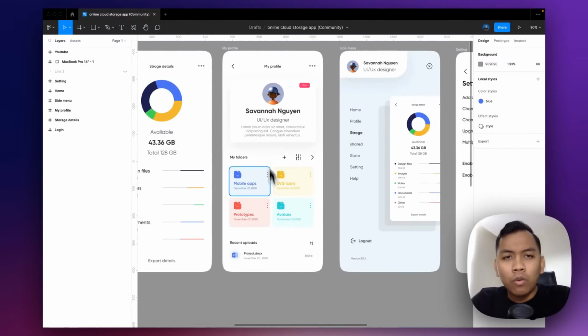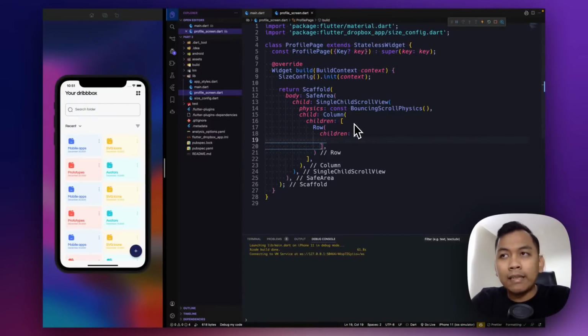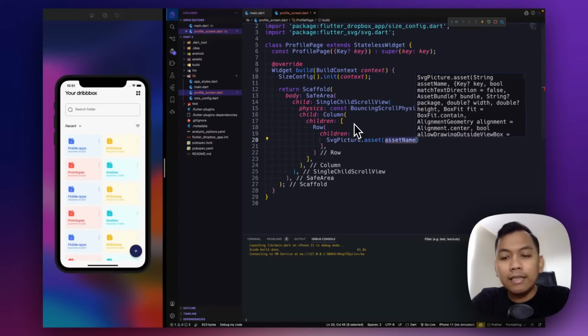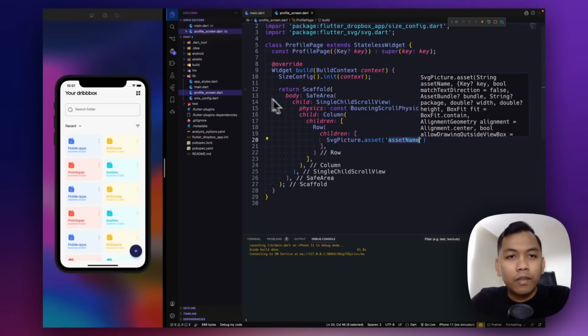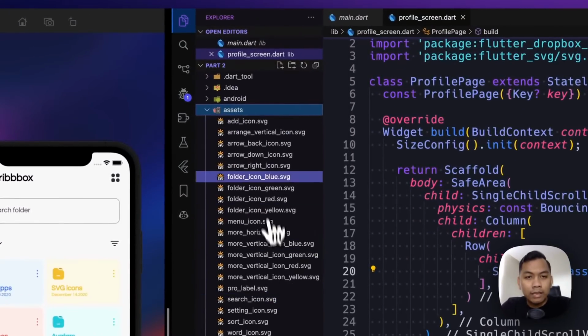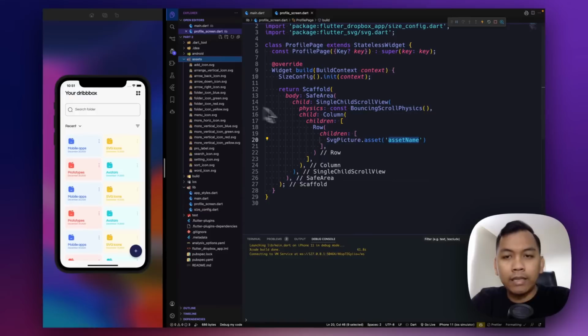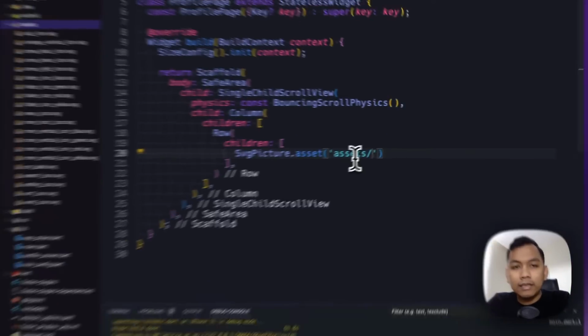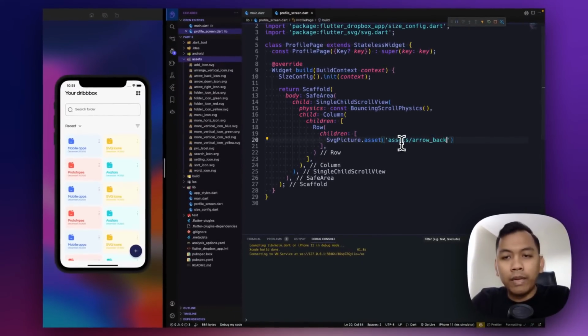And in this row, the first widget will be, we can simply think of it as an SvgPicture.asset, and we call our assets. It means we can say the arrow back icon. So we can call assets/arrow_back_icon.svg, as simple as that.